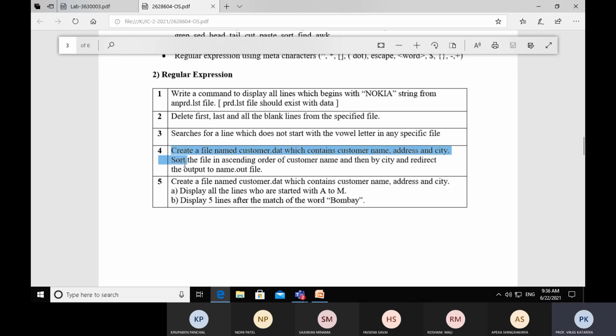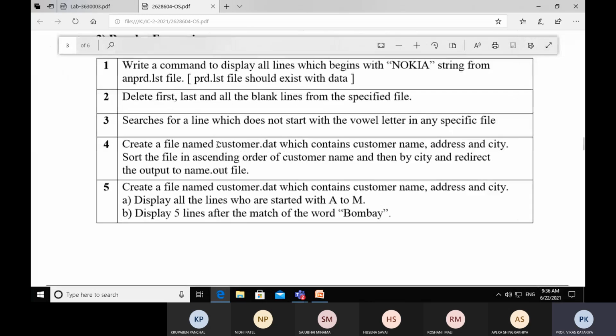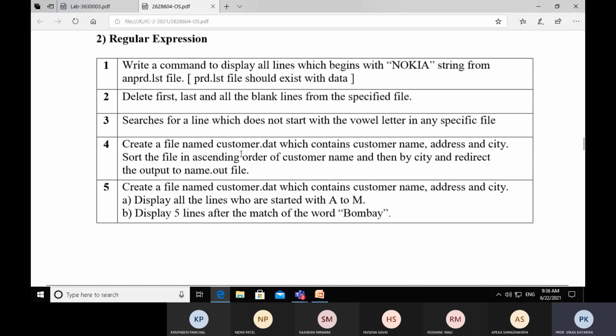So let's read the question first. Create a file named customer.date. We have to create a file and keep the name of my file cust.date, which contains customer name, address, city.